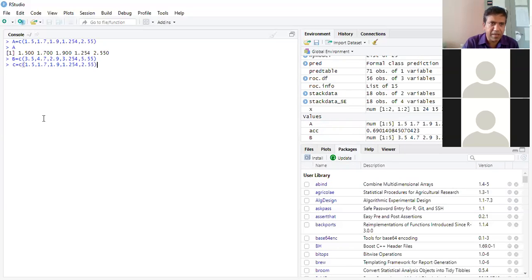Let me paste it and change the values: 1.6, 1.9, then say, simply changing the values.